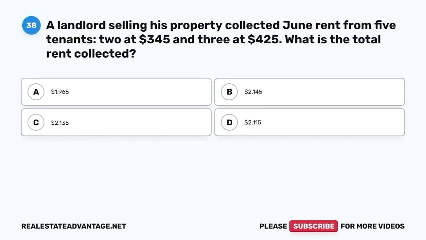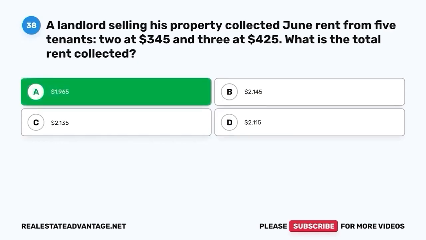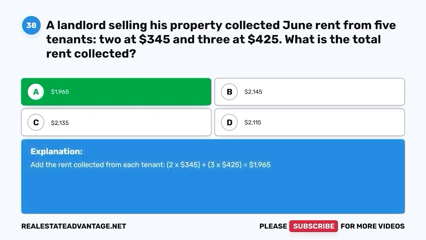C. $2,135. D. $2,115. The correct answer is A. $1,965. Add the rent collected from each tenant: 2 times $345 plus 3 times $425 equals